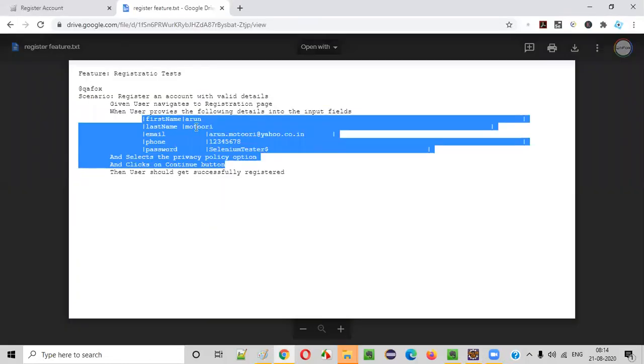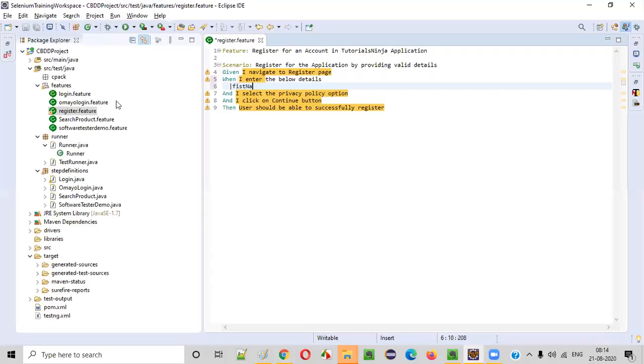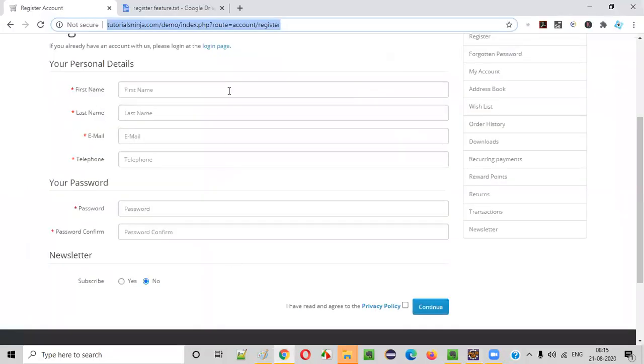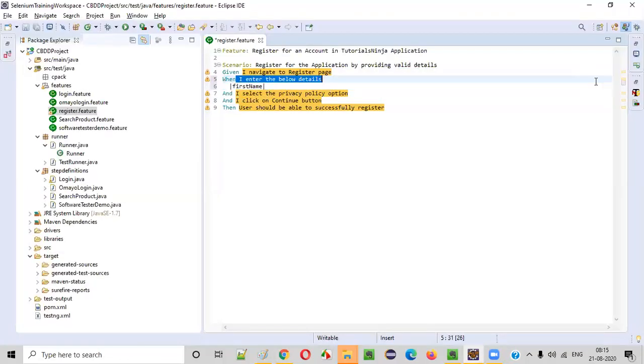First field: I have to enter first name, right? So I'll say first name. This is the proper way of writing the scenario in Cucumber when there are multiple values, more than two. Only username or password is fine. When I enter username and password, that is fine. But if I have to enter 5 or 10 values in a very lengthy form, you should not make this very big. Up to two is fine. If you have more than two, simply follow this approach of data tables. I enter the below details.